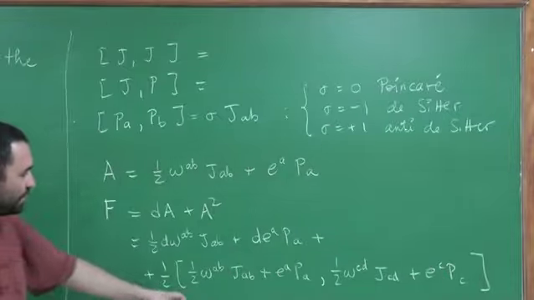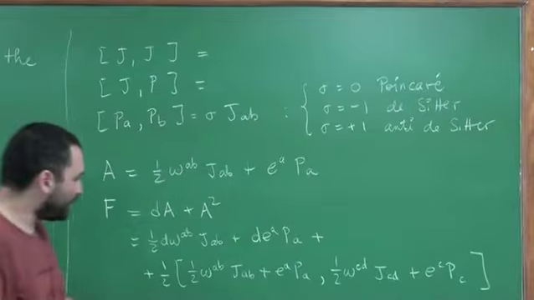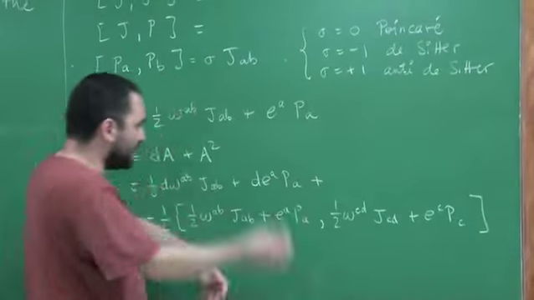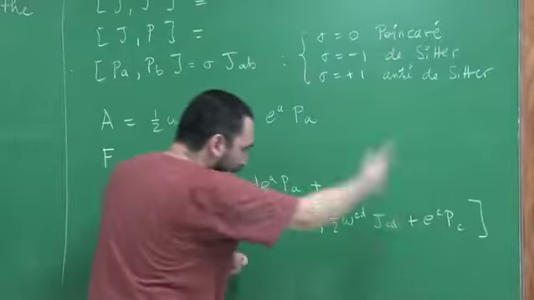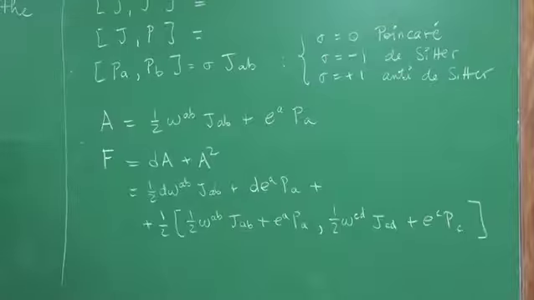And here you have to use the algebra. And so you have J times J will give you J, J times P gives P, P times P gives back J, etc. So you have to compute this, and the result